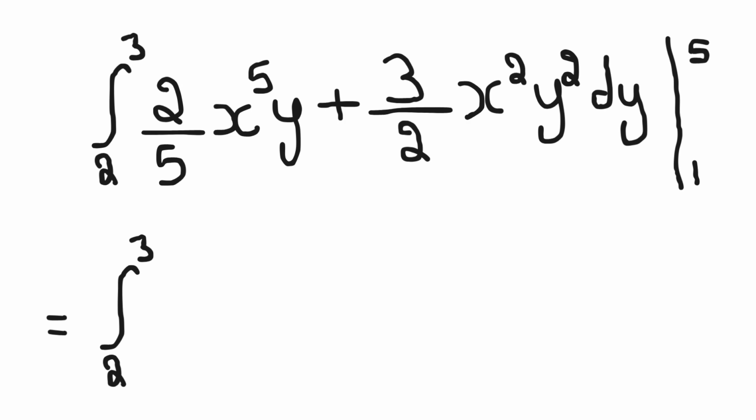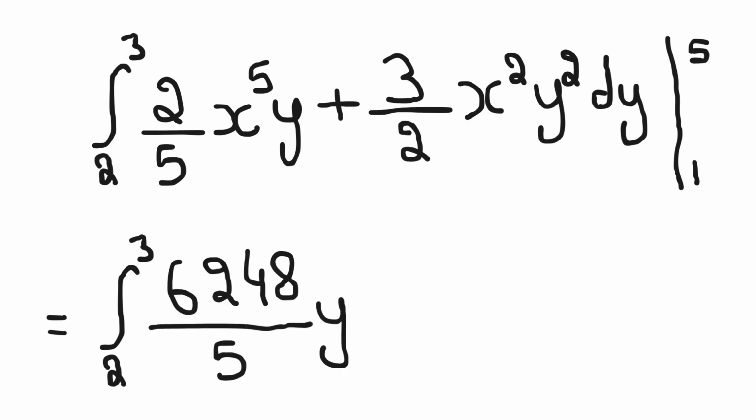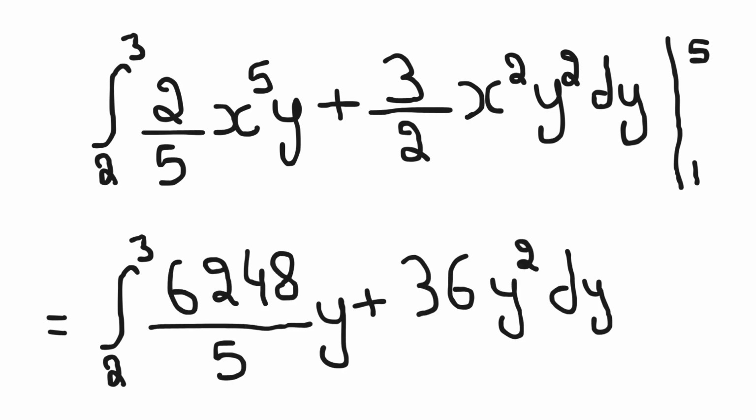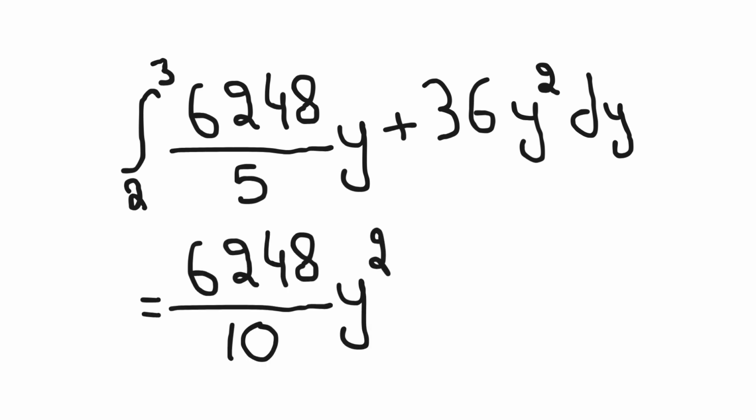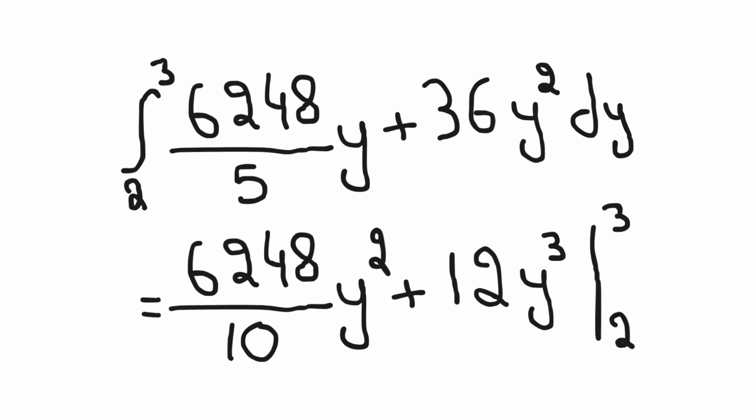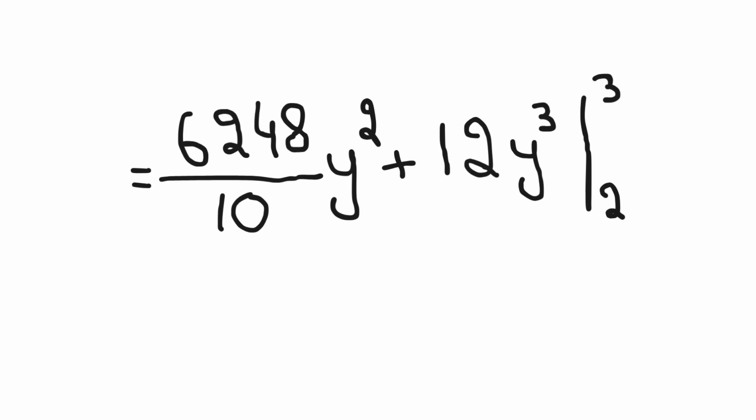Equal integral from 2 to 3 of 6,248 over 5 times y plus 36y squared dy. Next, let's do the second integral. Equal 6,248 over 10 times y squared plus 12y cubed from 2 to 3. Next, we solve to get the final answer equal